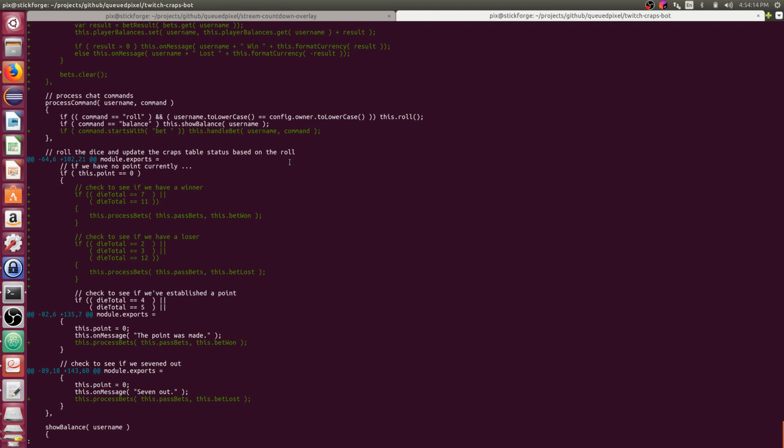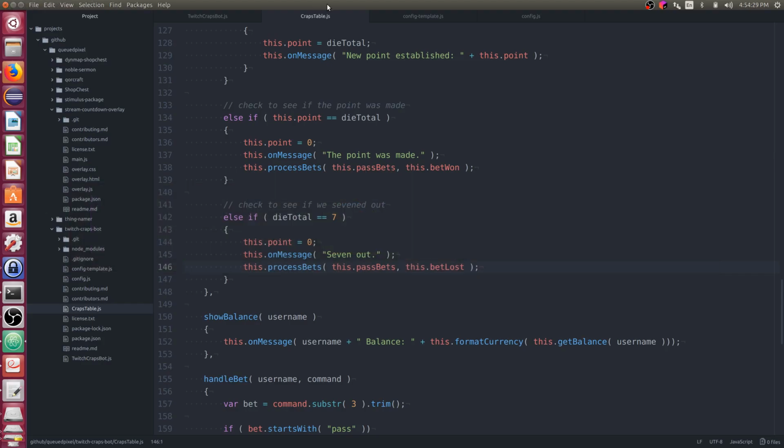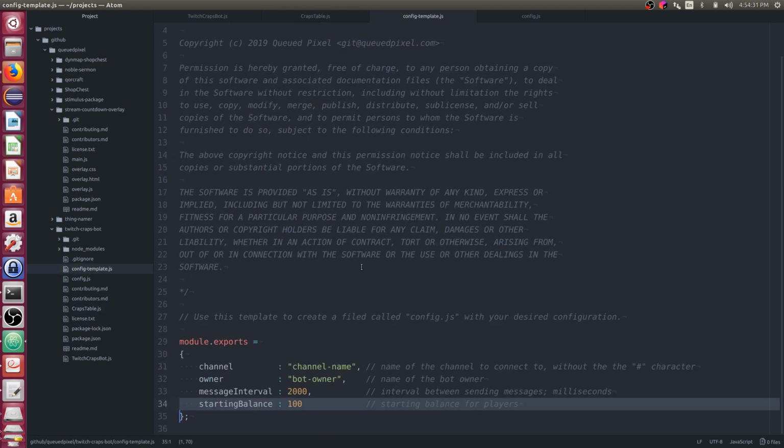Frosty says, or you could add just an exception for just me. Well, since it's open source, I don't want to put my name in the source code directly if I can help it. What I've done so far is I've created this configuration template, and I've identified or allowed people to configure who the bot owner is.